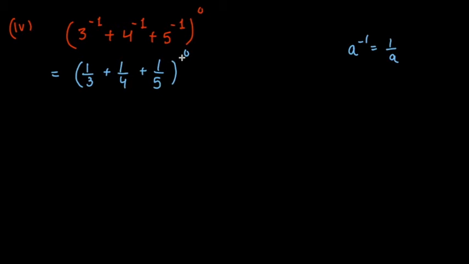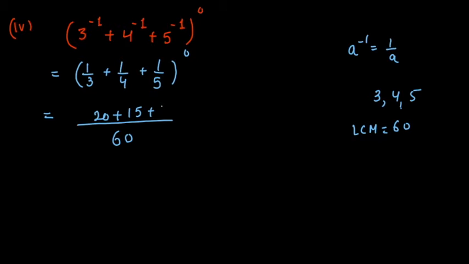power 0. Now if you take the LCM of 3, 4 and 5, what will it be? 3 4s are 12, 5s are 60. This will be the LCM of these three numbers. So taking LCM here, 20 plus 15 plus 12, raised to the power 0. Now add it, this gets 5 plus 2 is 7, then 2 3 and plus 4 is 47 upon 60 raised to